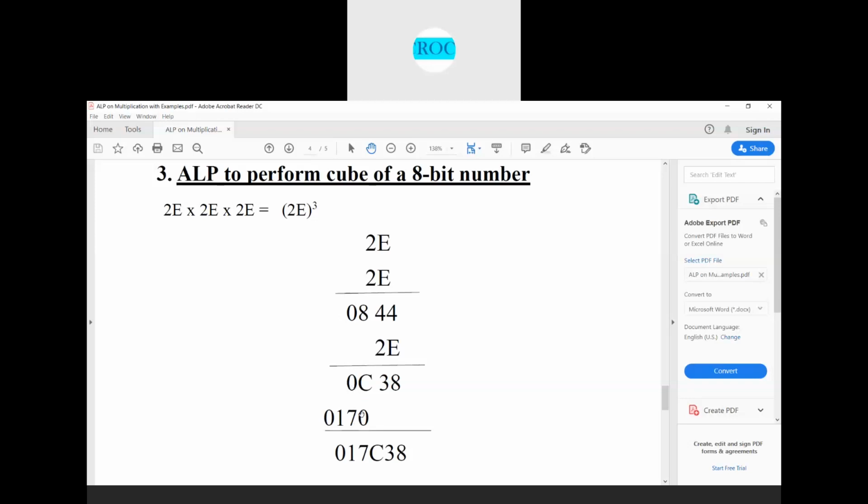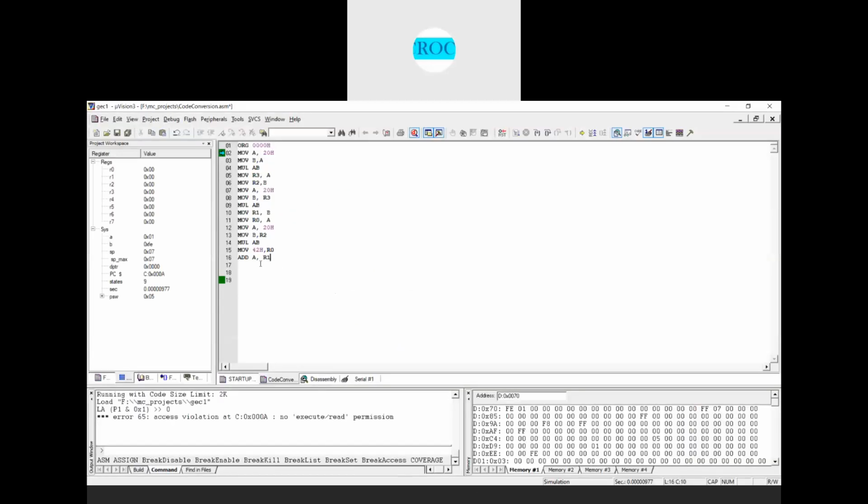I'll write it as ADD A, R1, and this I'll move to the memory location, MOV 40h, A. The result after we add the contents of A with R1, the summation result will be stored in the accumulator. So now I'll move that result into 41h here.